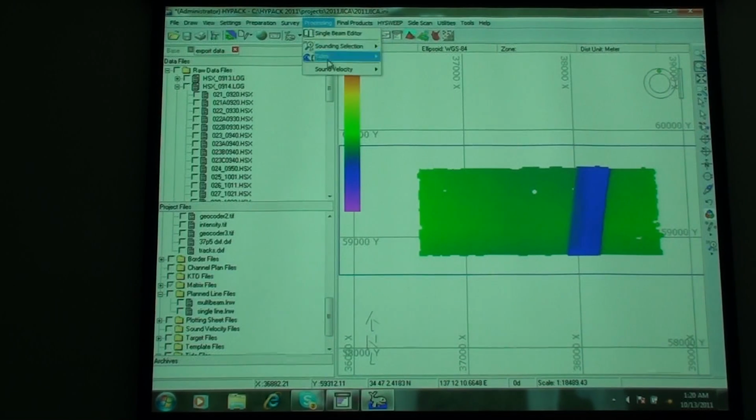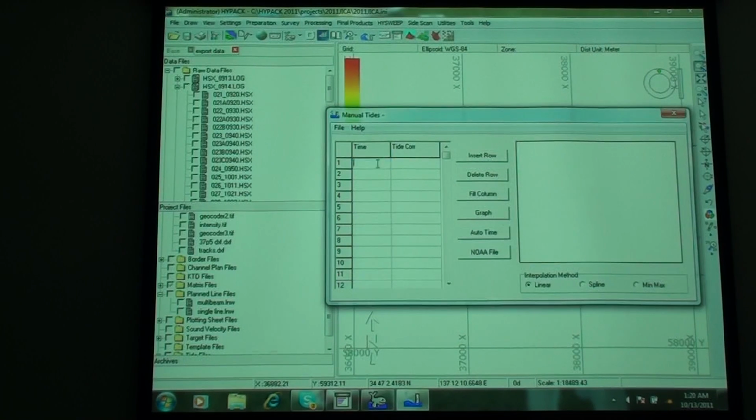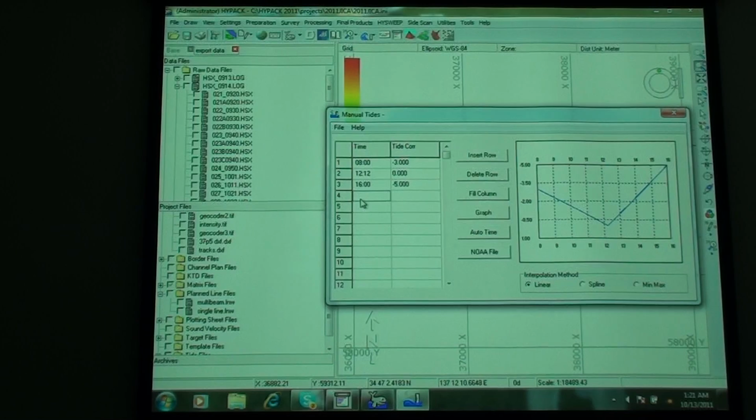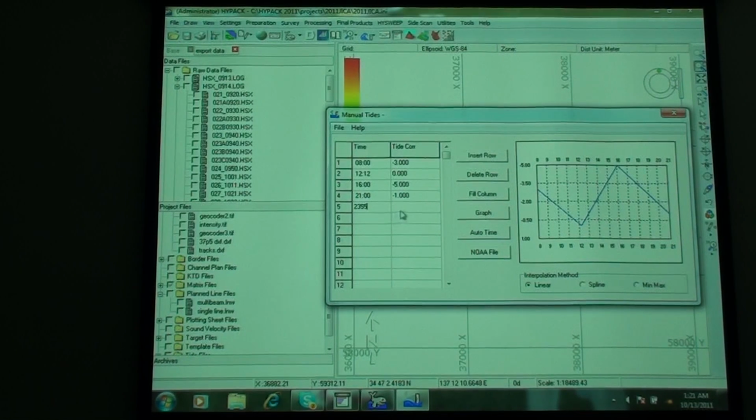The other thing you would need is a tide file. Multi-day or single-day tide. 8 o'clock in the morning, the tide correction, -3. At noontime or 12, 10, whatever, down to 0. At 4 in the afternoon, not a high tide. At 2100, it's a low tide. And at 23:55, it's starting to